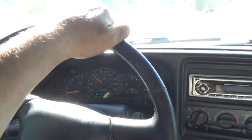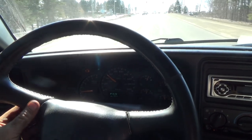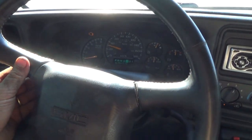But I'm probably thinking of doing those rear lines all up. It'd make me feel a little better. They're probably just about ready to explode, you know. I haven't actually popped one of them with all my testing here. I think we're pretty good. With all my testing, I'm amazed one hasn't gone on the back yet, but maybe they're better than I thought. The last guy that owned this truck,